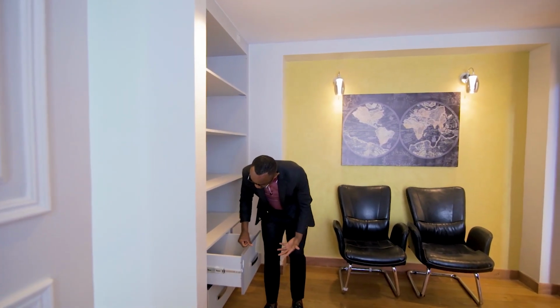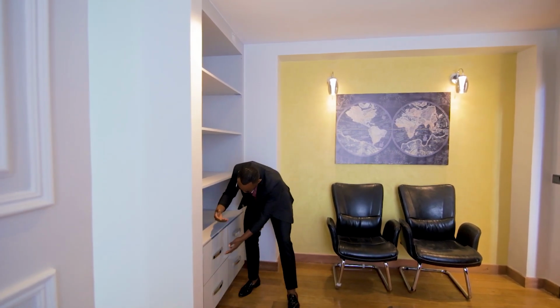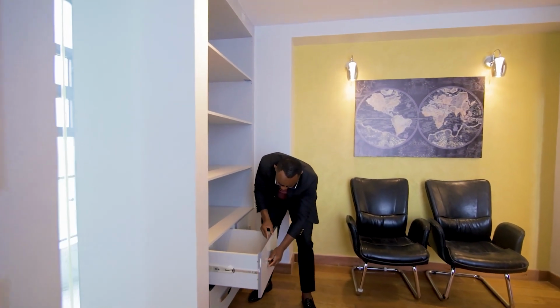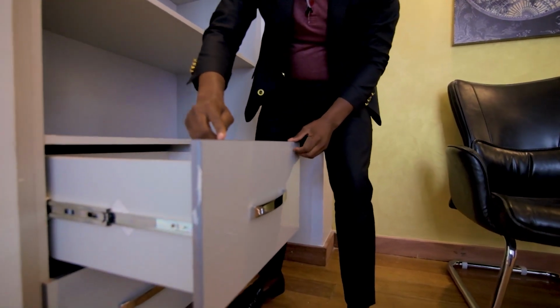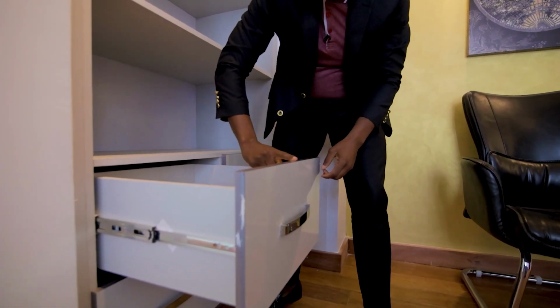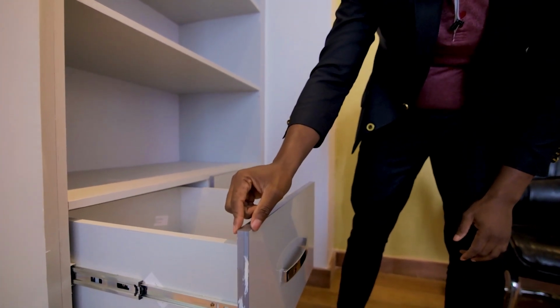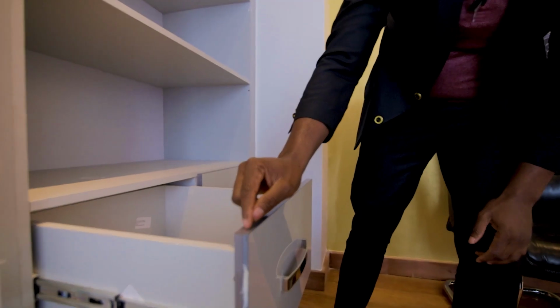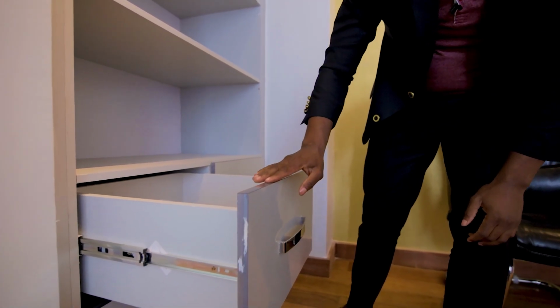As usual, we did our best by providing them with soft closing drawers. If you come closer, the handles very well selected, beautiful stainless steel handles. Even when we are doing our lipping, we are doing proper lipping. This is not just lipping, this is 1 millimeter thick lipping that runs around just to give it a proper